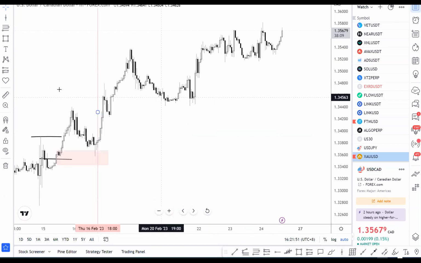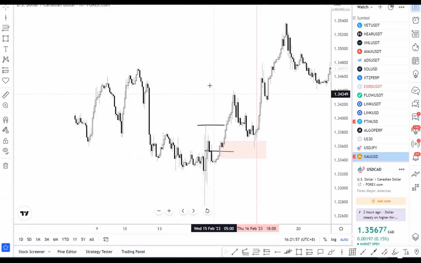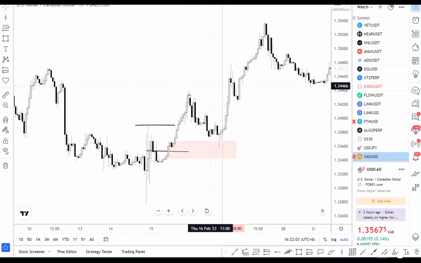In this case, you can see this zone. If I'm on a 1 hour, you can see very clearly here there is this change in structure. Just zoom in. Take a look at the most recent move down. On the 1 hour, you don't see that much price movement or that many candles, but if you take a look at structure,